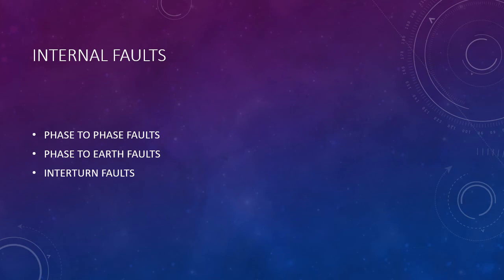So remember the point here. Internal faults are also known as winding faults, also known as winding short circuit faults. These faults are mainly phase to phase faults or interphase faults, phase to earth faults which are simply known as earth faults, and interturn faults. Generally the internal faults are mainly due to either failure of insulation, or due to rise in temperature, or due to deterioration of transformer oil, etc.